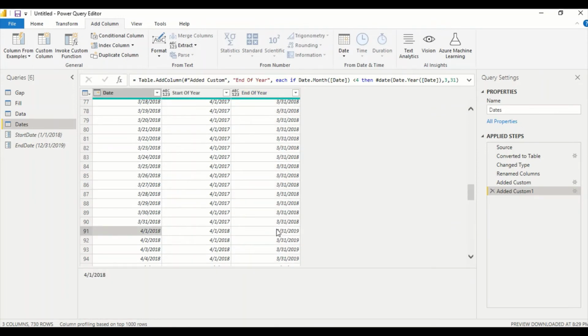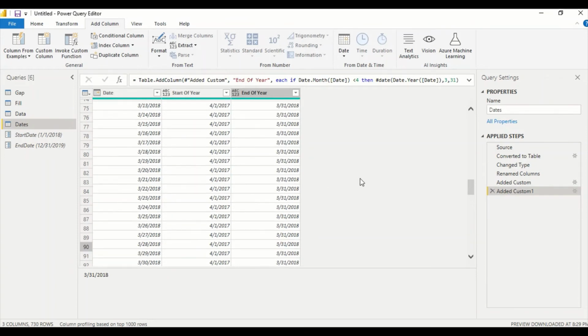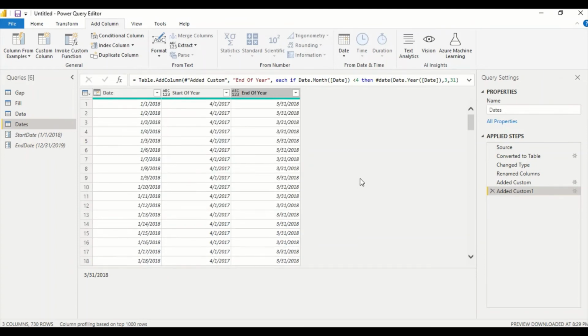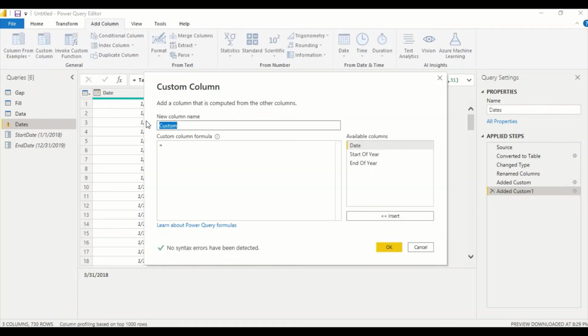And you can see the value is changing in between this row and this row. Now I want my month also to start from April. So first of all, I would like to say month number. Again we will take the same logic. Now we'll say if the month is less than 4,